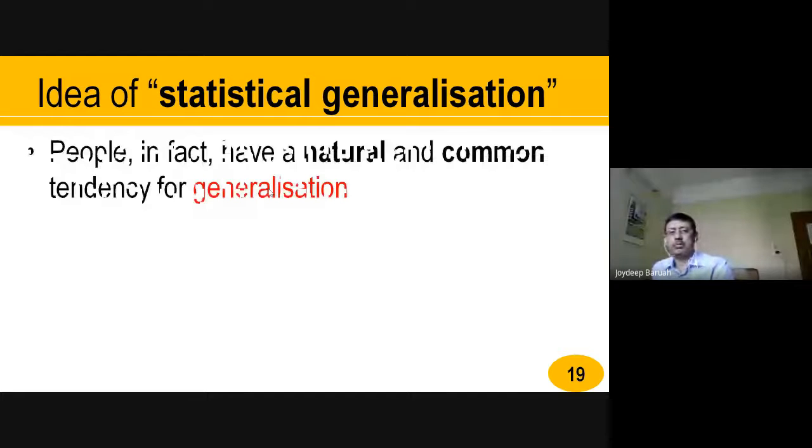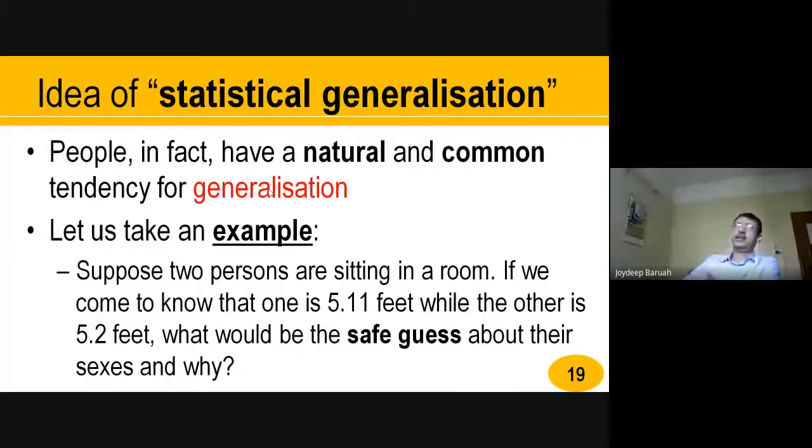Now, ideally, we have a common tendency of generalization. All the time, people tend to generalize. Based on your experience, you try to generalize. For instance, let's say a classic example: suppose two persons are sitting in a room and we have not seen them. If one piece of information is provided to you, that the height of one person is 5.11 and the other one is 5.2,